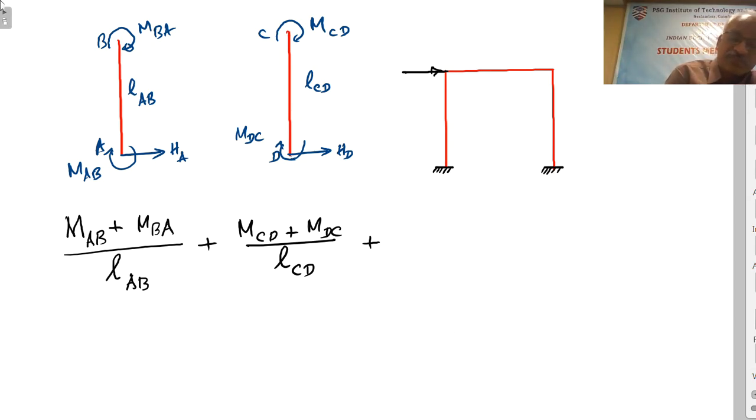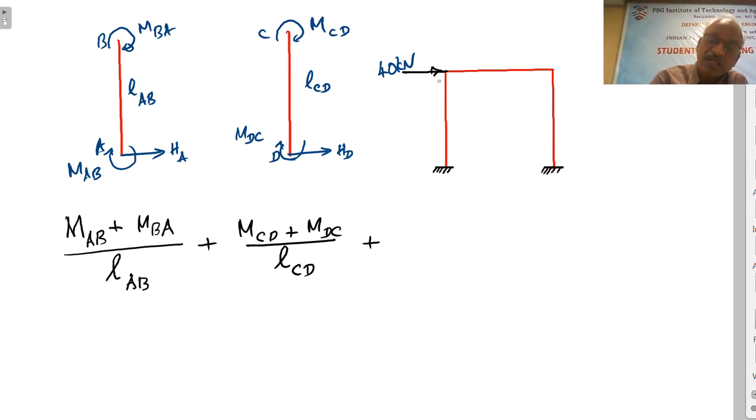Now in this problem, there is a horizontal force of 40 kilonewton. So that has to be added. Since it is acting at the top of the frame, it will not contribute anything here. Suppose if it is in the middle, this will cause a moment here also. So this we are familiar with, just to recall your memory.